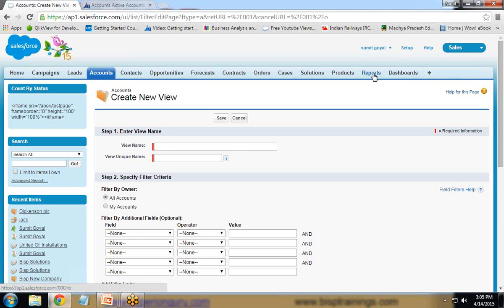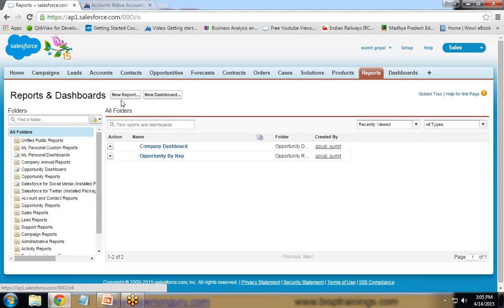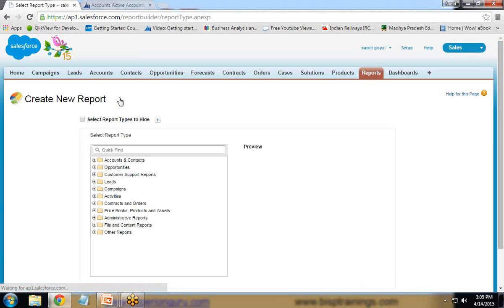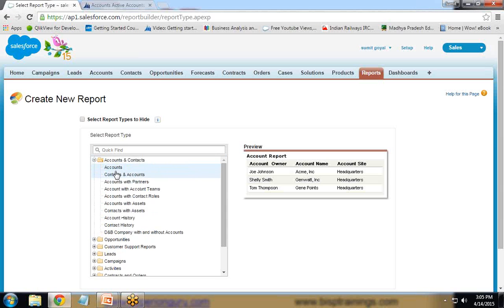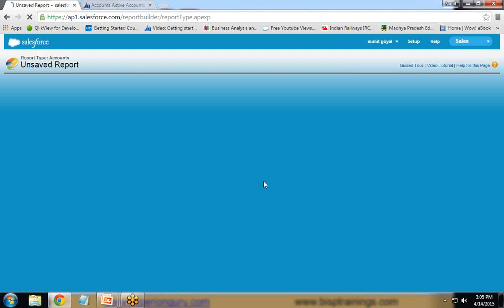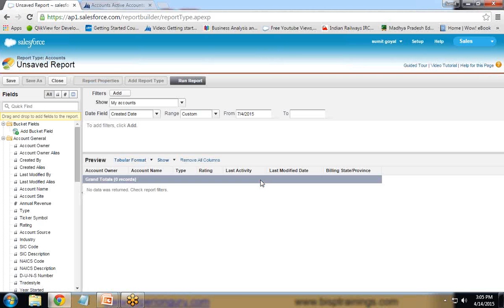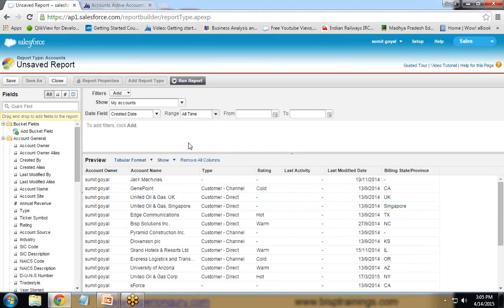Now creating reports and dashboards in Salesforce is pretty easy. As you can see here, we have got two options, reports and dashboards. So I click on reports and by using this report option, it will be very easy to create a report on this particular application. So we simply click on new report and we need to simply drag and drop and the report can be created. So let's say I want to create a report on account. So I select account and click on create. So you can see here we have got account name, account owner, type, rating, last activity,